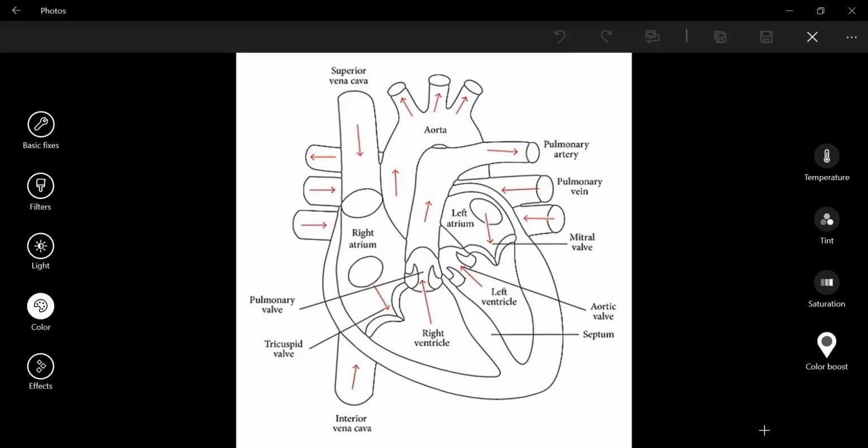We also discussed how there are different tubes, or blood vessels, in the human body, which help the supply of the blood away from the heart or towards the heart. These are the arteries and veins. So arteries will carry the blood away from the heart to various organs of the body. And veins will collect the blood from different organs and bring it back to the heart. This is the main difference between arteries and veins.